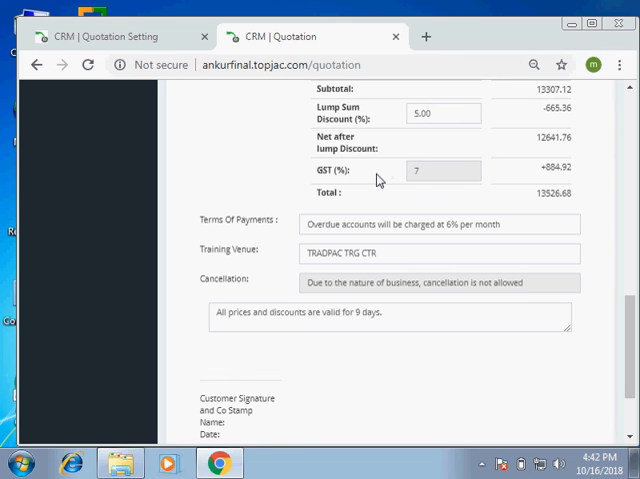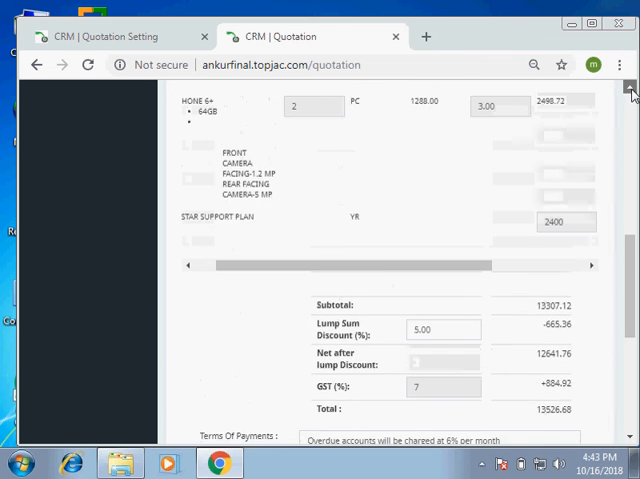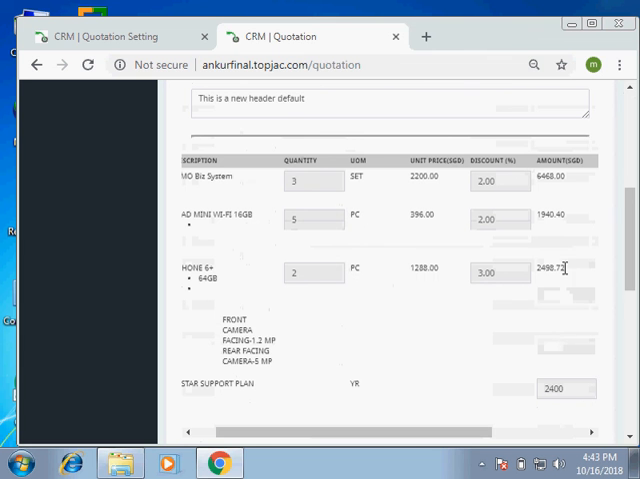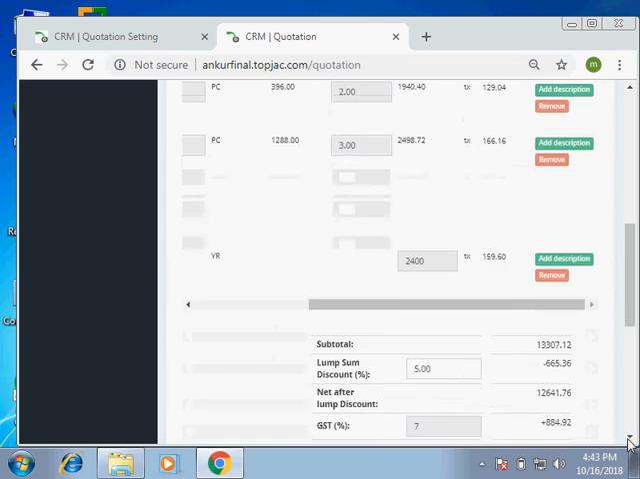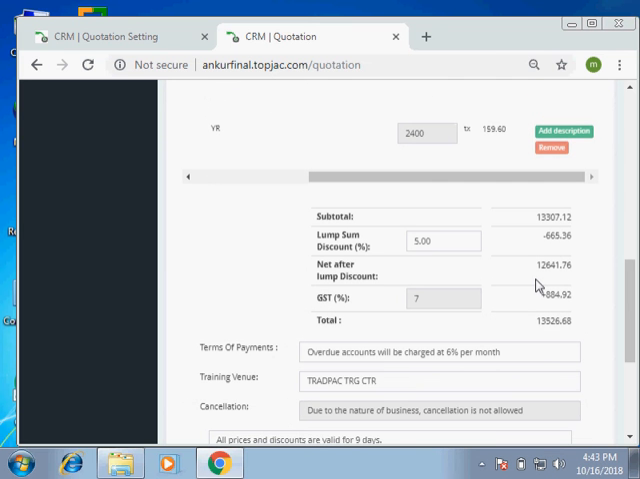that you have done before. Suppose in your product you have given the GST amounts here: 430.12, 129.04, 166.16, 159.68. This is all your GST amount, and the sum of all of these will be shown here as the overall GST amount. Now, after adding the GST amount 884.92 to your 12641.76 amount,